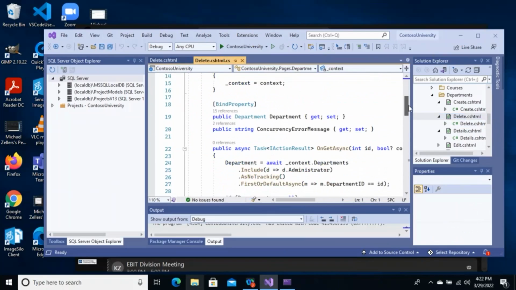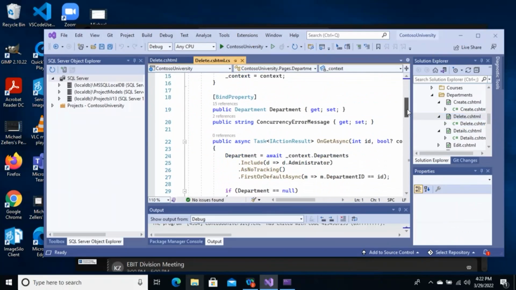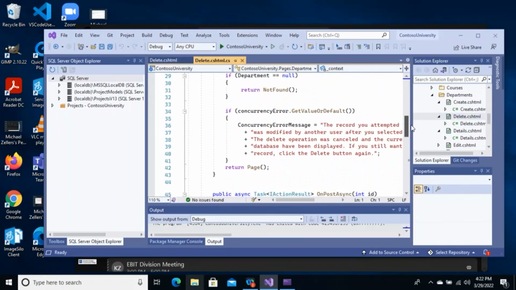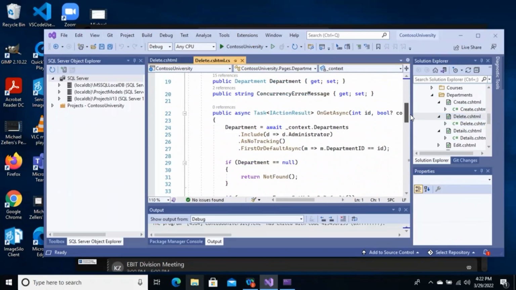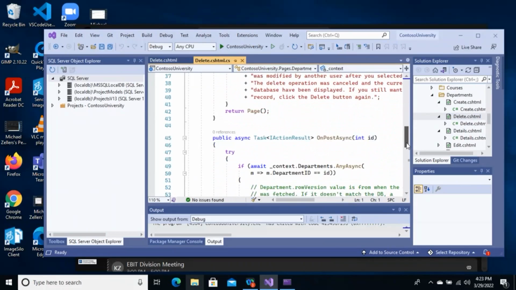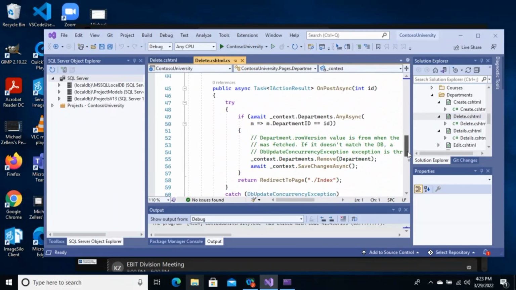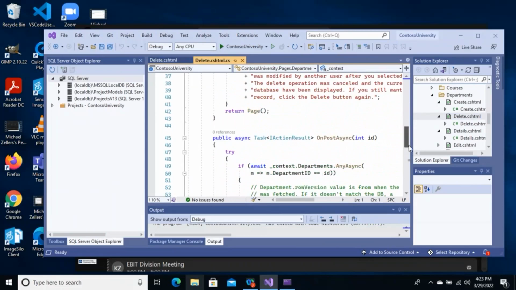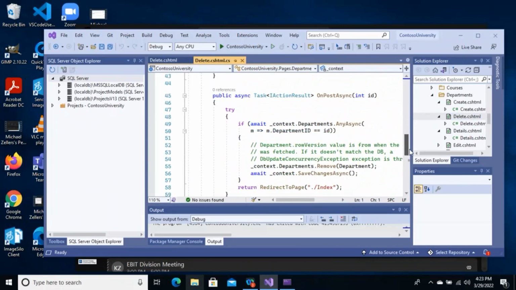We're not inserting multiple departments from this screen. On post async means that when this page is posted to,